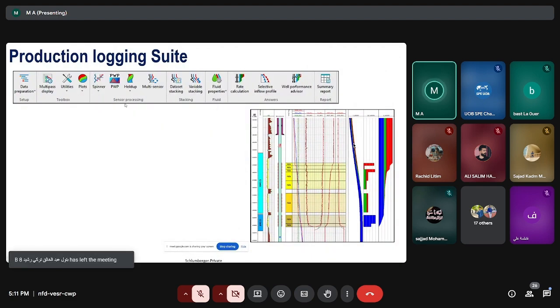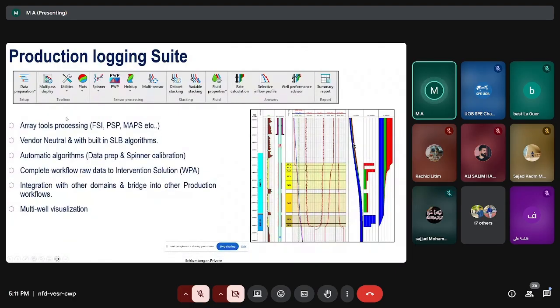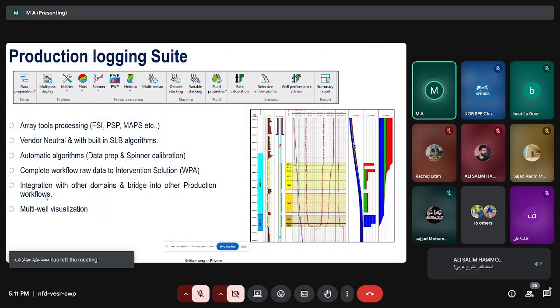So you can do the complete workflow, starting from data uploading or importing till the rate calculation, as well, and the one which is very interesting in this plugin is going to be the well performance advisor that I'm going to talk about in the next slide. So this is the production logging suite inside the TechLog, and these are the features of having this plugin inside your TechLog. It can support any tools from other